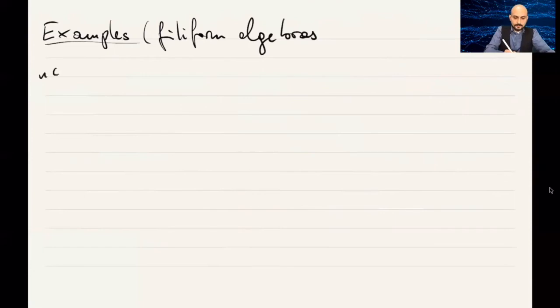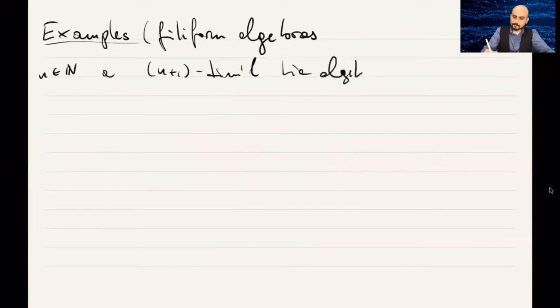Fix an integer n, and we say that an n+1 dimensional Lie algebra is said to be filiform